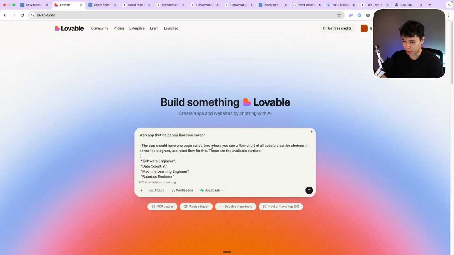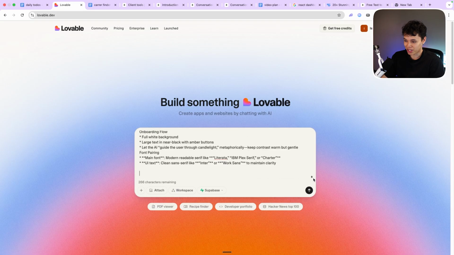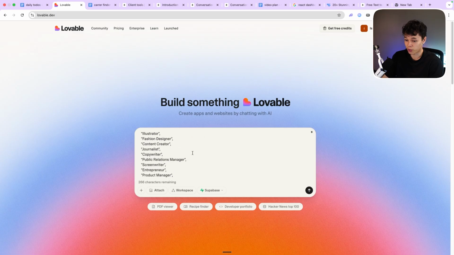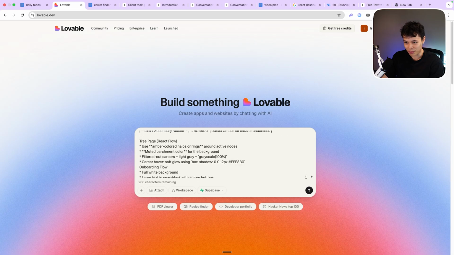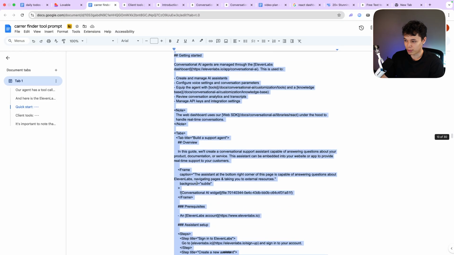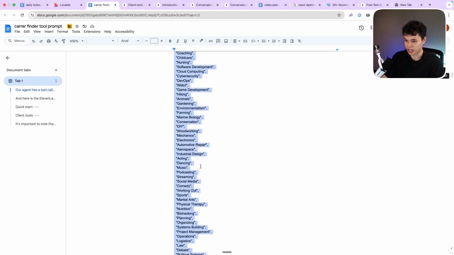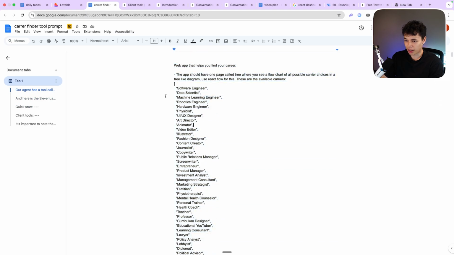All right, so here we have the prompt for this particular app. It's a very long prompt, because I want to make sure that Lovable has all of the context. So I actually decided to write this in Google Docs, and I've just pasted it into Lovable. Partially because I didn't want to accidentally delete it or press submit, and also it gives me more fine-grained control over how this initial prompt should look. So here I have the prompt, and I'm just going to go over it.